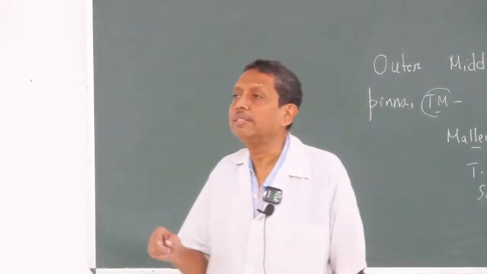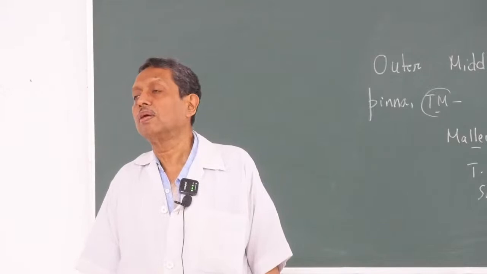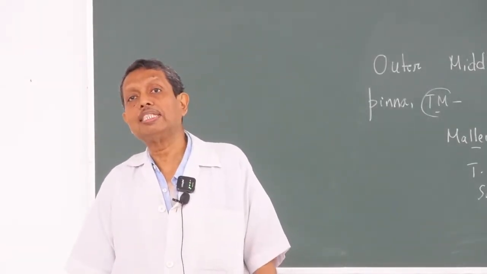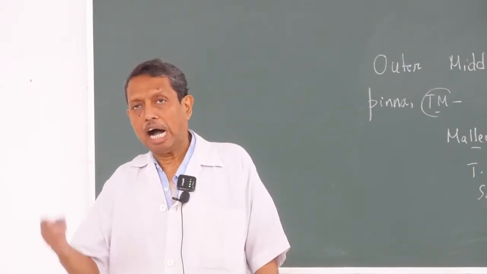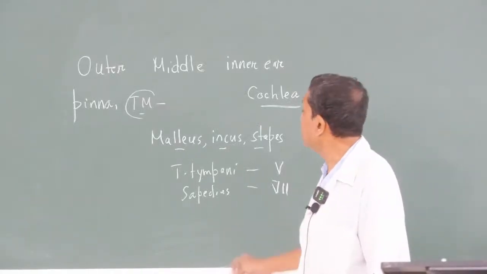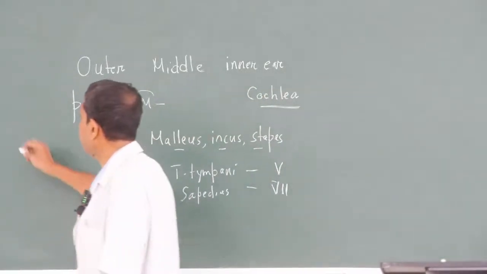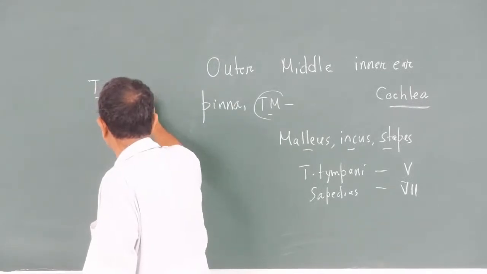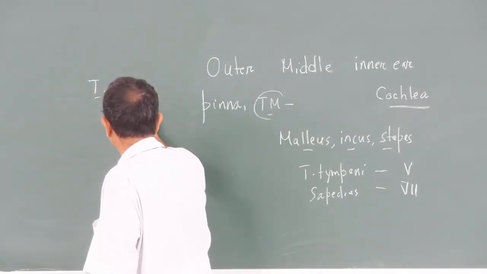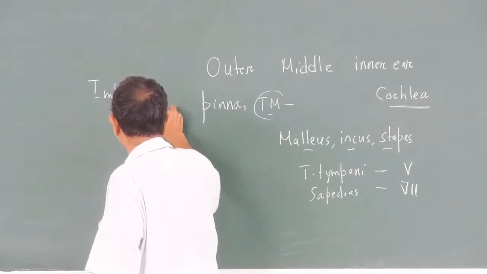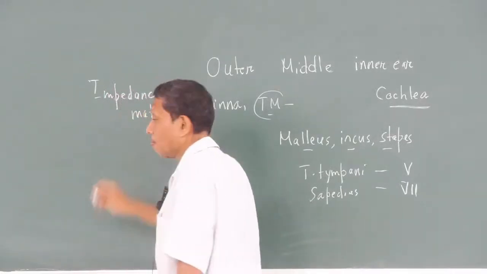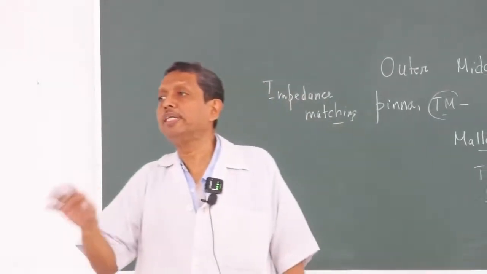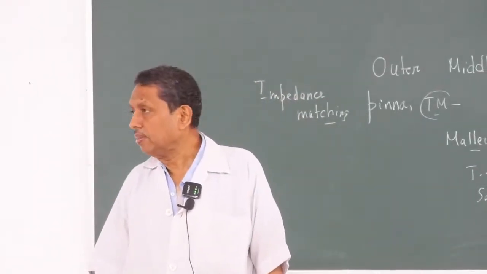It is connected to the nasopharynx by means of the pharyngotympanic tube or auditory tube to equalize the pressure outside. Now there is a term, that is impedance matching. Impedance matching means that is the energy